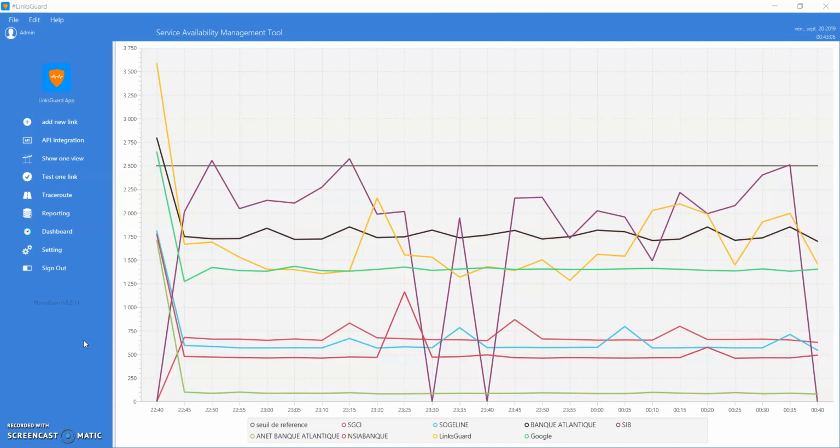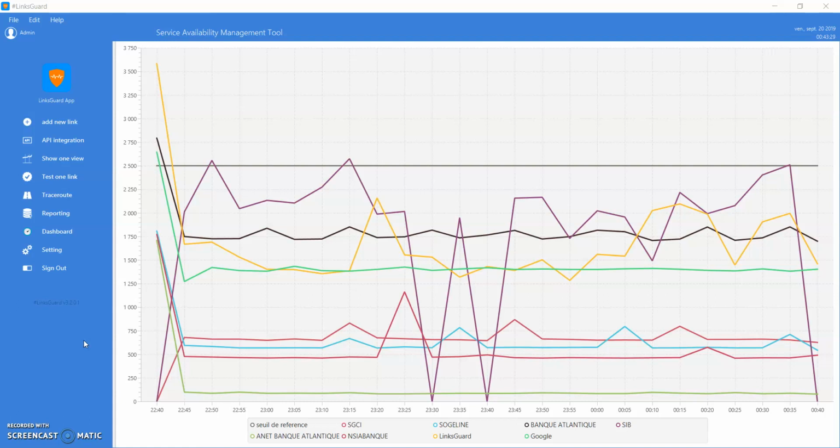This amazing new application helps you improve your customer satisfaction, and your partner satisfaction regarding the links or API that you give them to use your services.